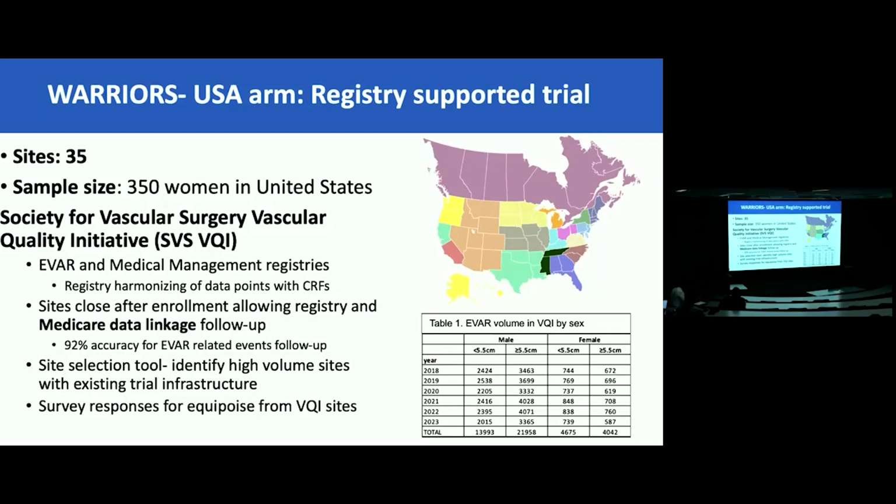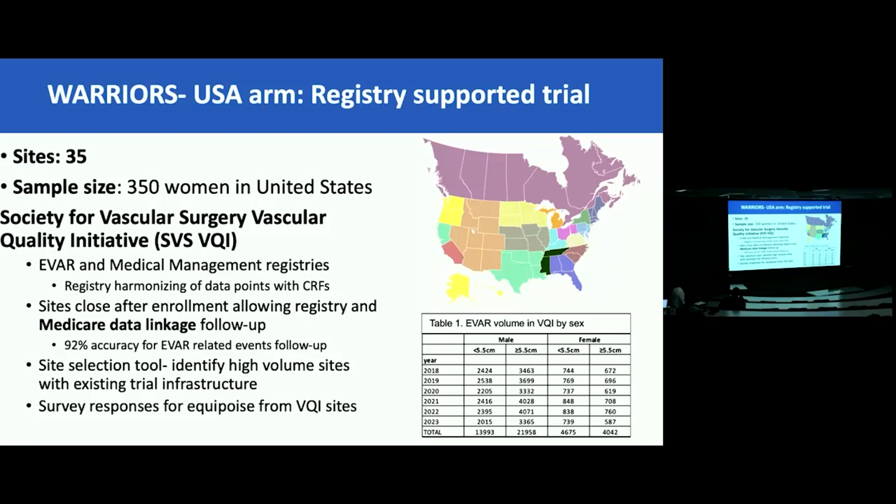The third thing that's going to help us is the linkage of this registry with Medicare data. A lot of the outcomes that we are assessing, mortality, aneurysm-related mortality, and reinterventions, will exist in Medicare data linkage. We've already done preliminary work. Dr. Goodney's group showed there's 92% accuracy for EVAR-related follow-up events as they occur. While we'll have sites open just for 3 years during which we enroll, for the 5-year endpoint the sites will be closed and all the primary endpoint data will be collected through registry linkages and won't rely on actual on-site enrollment, thus reducing the cost of the trial a lot. Because keeping 35 sites open for 8 years is an enormous cost.